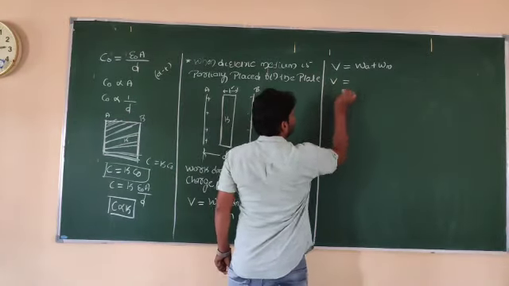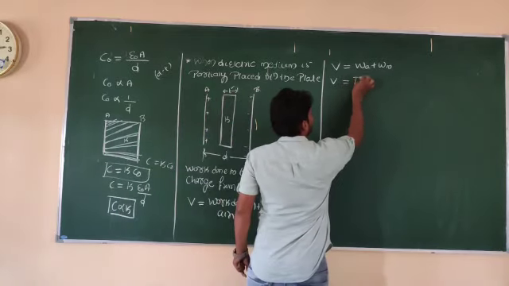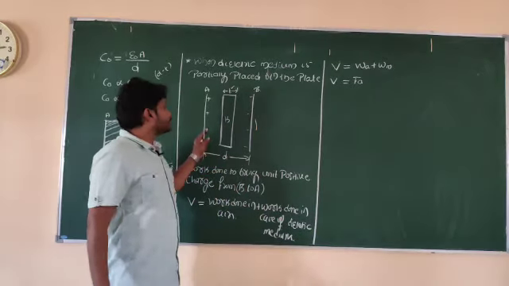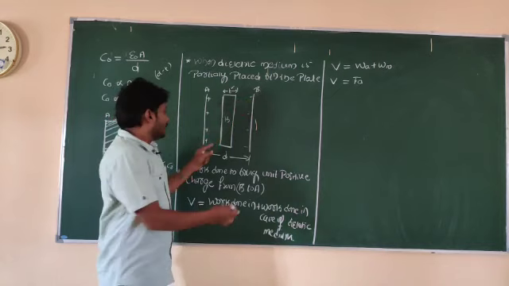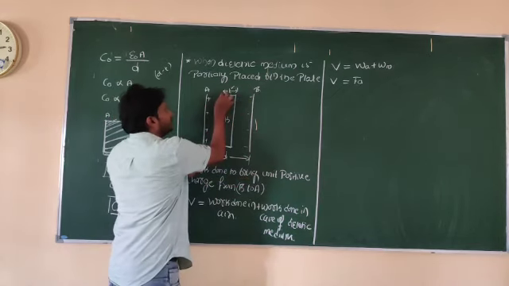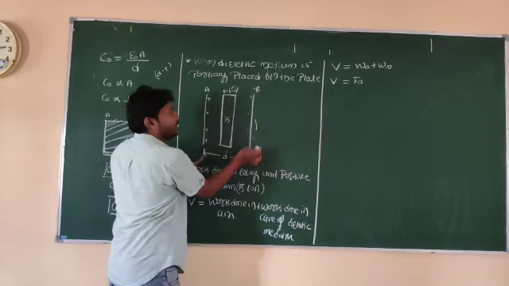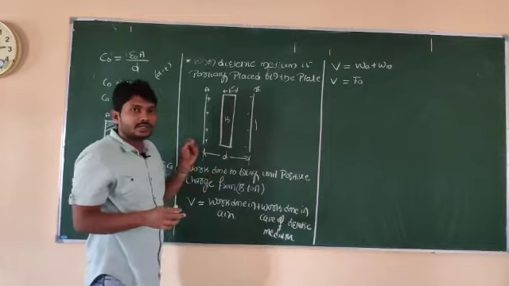Work done is force into displacement. So force in case of air. What is the displacement, or the distance between plate A and plate B? Now this distance is d I consider. So the thickness of the dielectric medium is t. What is the remaining space between A and B in air? That is d minus t. Did you get my point?